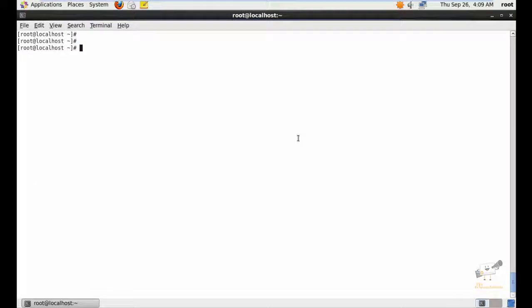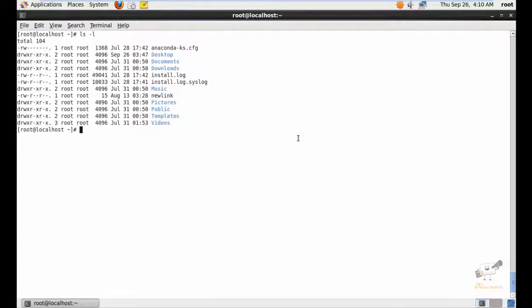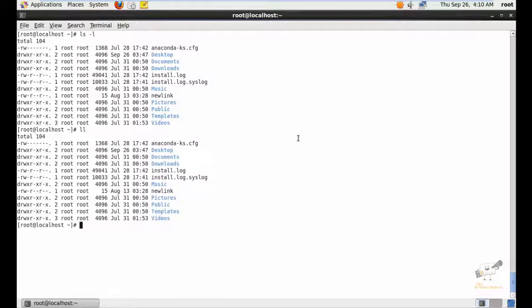In this video we can see some basic commands and administrative commands in Linux. First we can see the list command, which is used to list the files and folders, ls -l. You can also use the ll command to list the files and folders, which is the long listing. It will list the folders and files with the permissions and the ownership information, and also the size of the